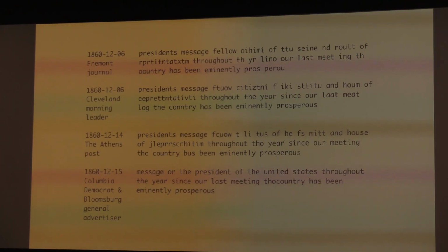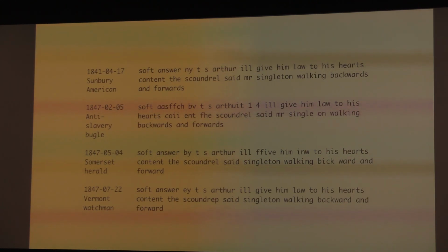What we get back are clusters that look something like this. If you look at the clusters, you can see that there are clearly a lot of textual differences between these, but it's been able to see that these are probably the same text. So this is a message from the president that was reprinted in lots of newspapers. This is a short little story by T.S. Arthur, who was a popular temperance writer during the 19th century. And I'm showing you 4 so that you can read it, but this is a much larger cluster of text.